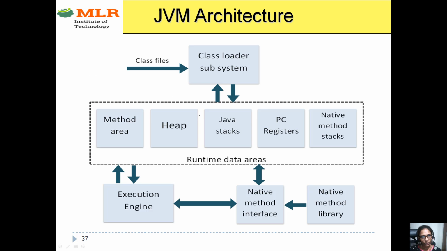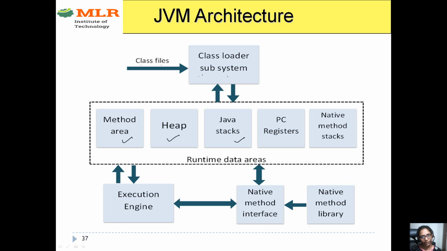Now this is the architecture of JVM. We have a unit here, that is the class loader subsystem. As we know, the output of the Java compiler is a .class file. That .class file you give to the class loader subsystem. In this class loader subsystem, it will identify the type of each item, whether it is data or functions. Based on that category, it will store each item in a different space, like the method area, heap, and Java stack.